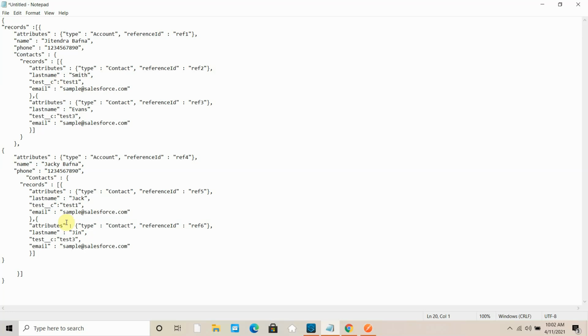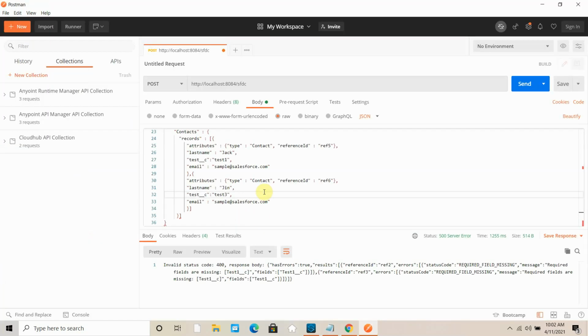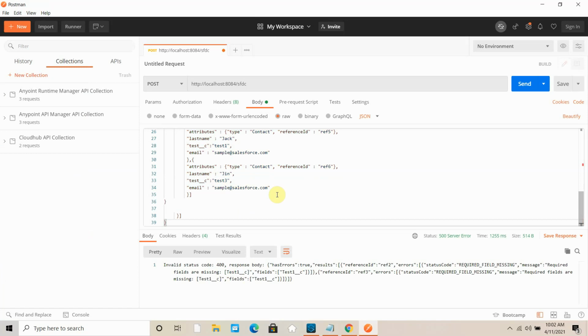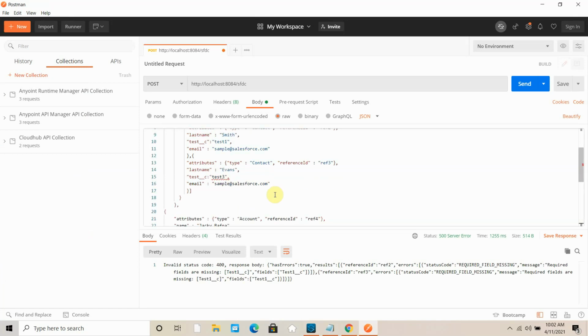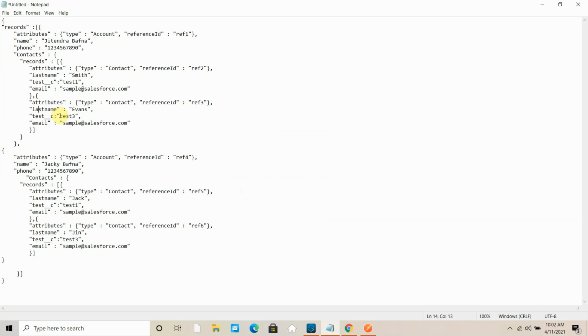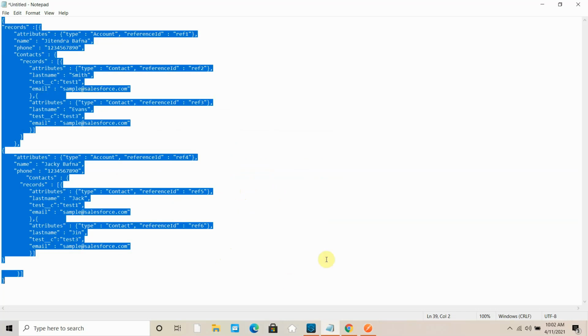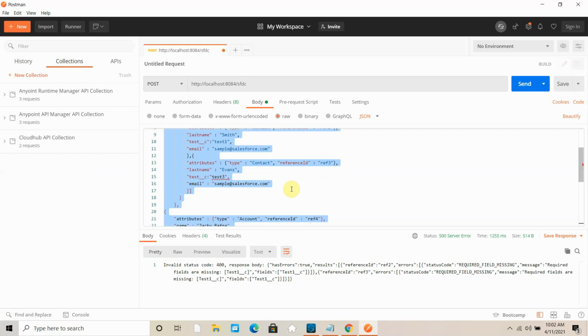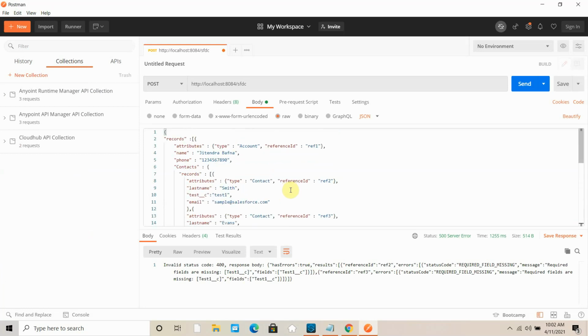Let me check test C, test C, test C. Let me validate my JSON again. Yes. Now my JSON is perfect.